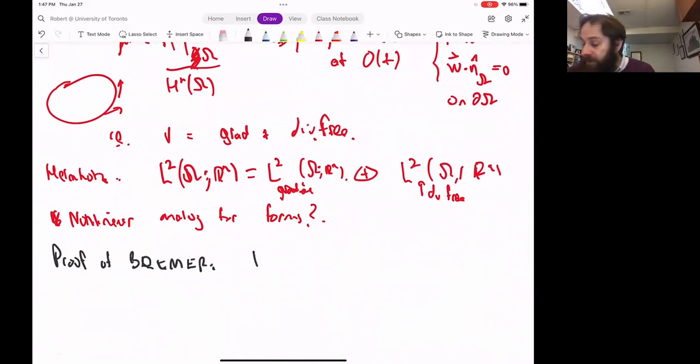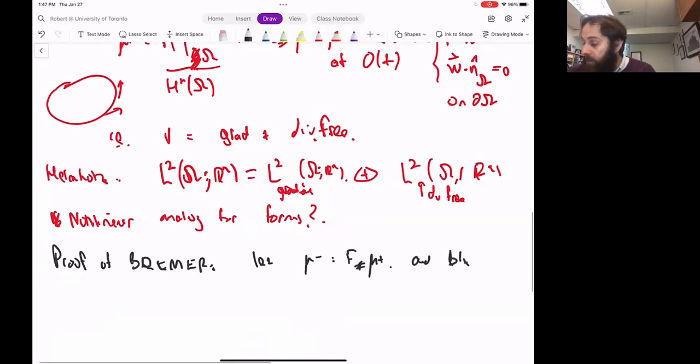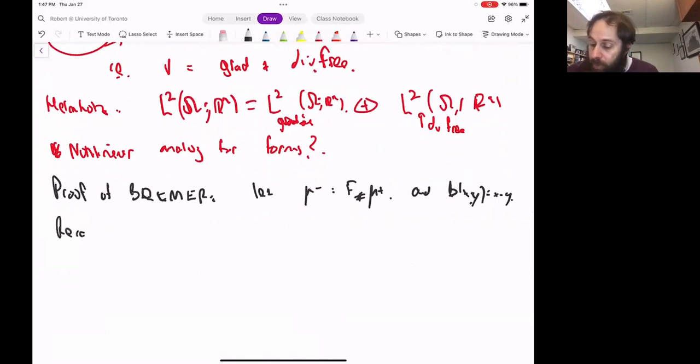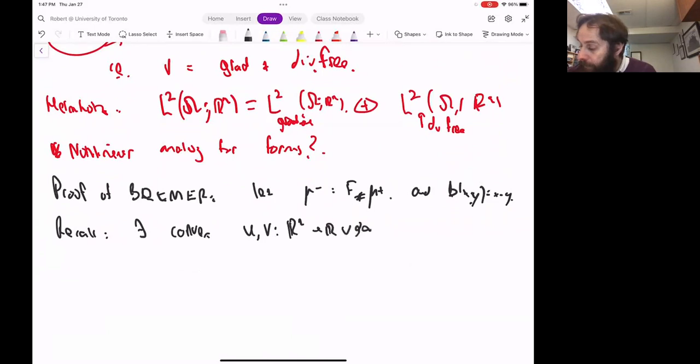And so what's the idea? The idea is to let mu minus be f push forward mu plus, and choose the bilinear surplus function or the bilinear benefit function. And then recall from what we've seen in the last week or so, there exist convex functions u and v such that